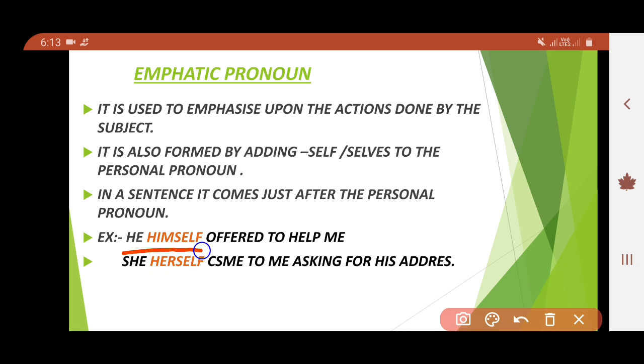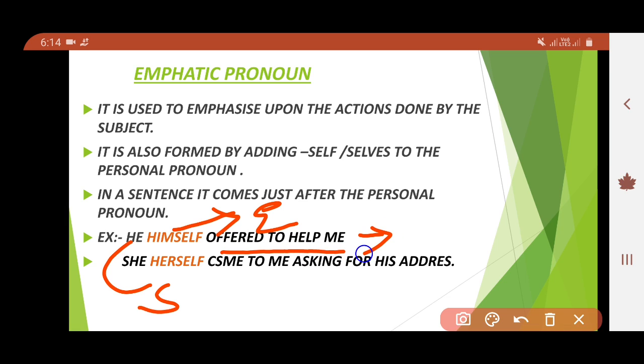He himself offered to help me. Okay, he himself offered to help me. That means, what is the subject here in this sentence? The subject here in this sentence is he. This is a subject. Himself is the emphatic pronoun. Okay, and offered to help me,